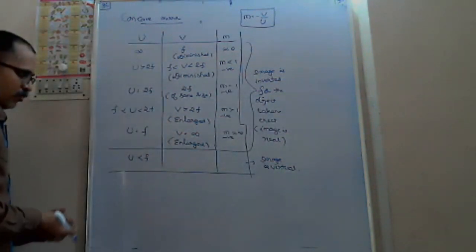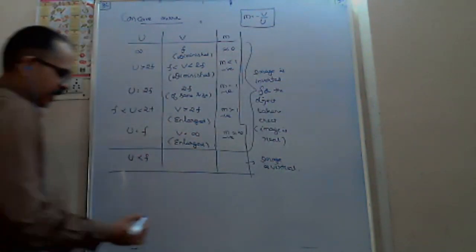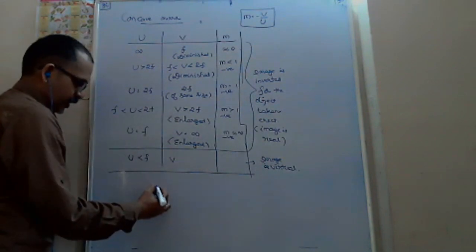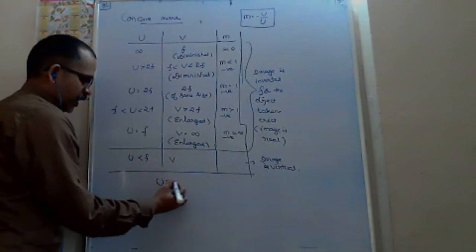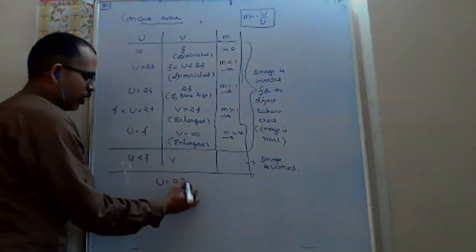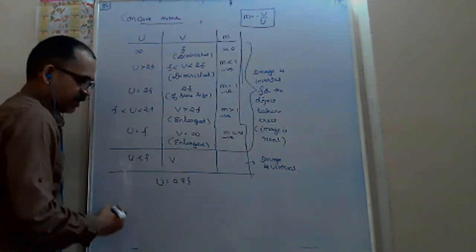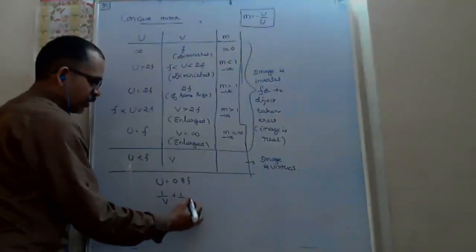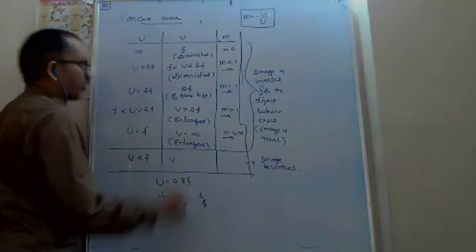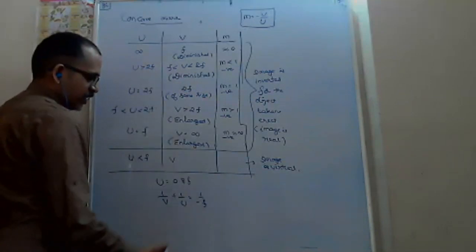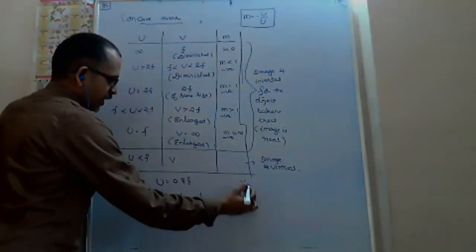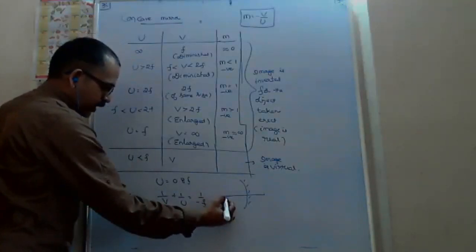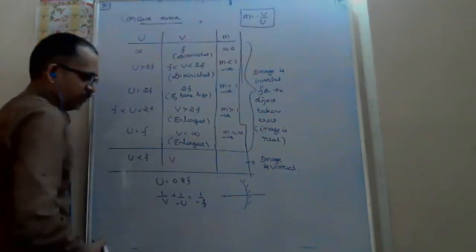Okay, the image is virtual. And if you see there now, what will be the value of v? If you take some value like u equals 0.8f, less than f, according to the formula, 1 by v plus 1 by u equals 1 by f. For a concave mirror the focal length is negative. Generally we take the object in front of the mirror, which means for a real object, u is always negative.